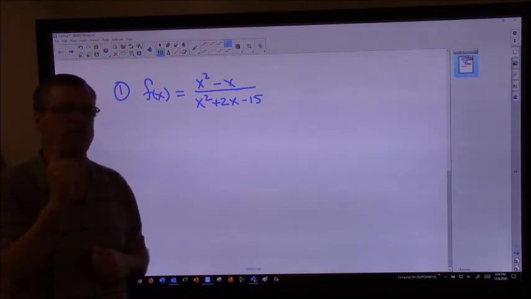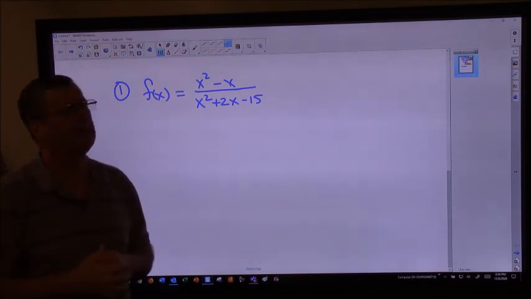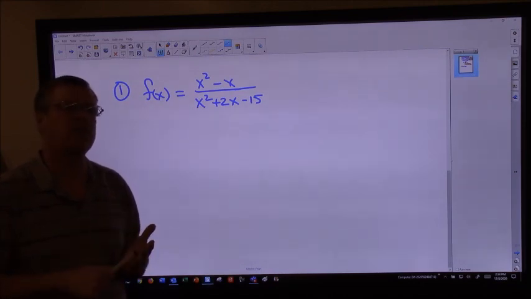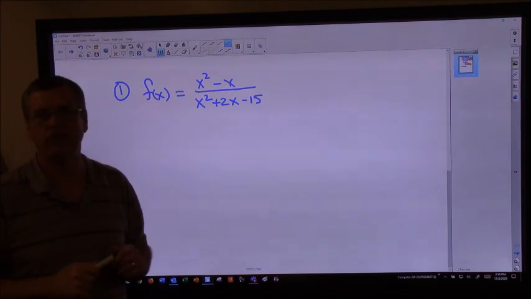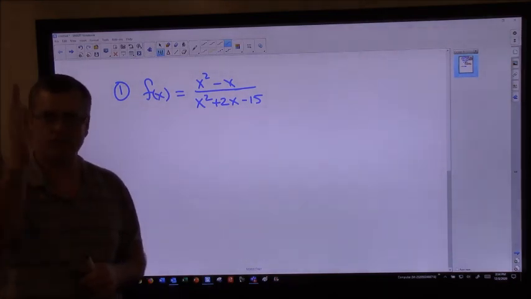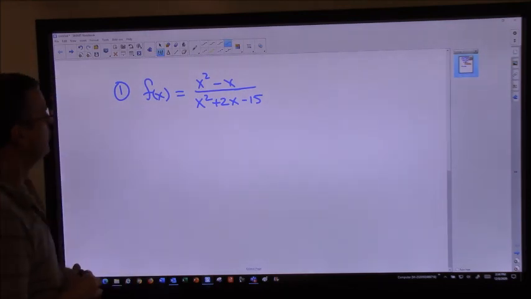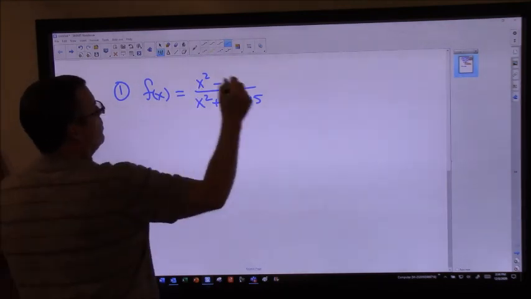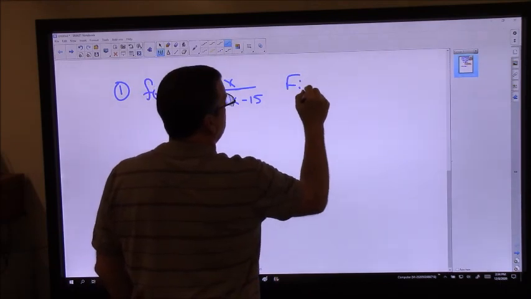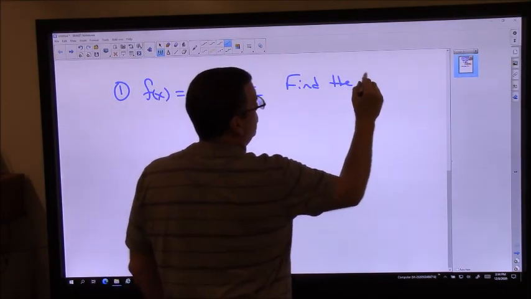There can never be two. Okay? Well, I shouldn't say never. I think there are some equations that can make that happen, but they're pretty rare. Okay? Very rare. It is common to have more than one vertical asymptote. We haven't seen that yet, but you could have an asymptote here and another one over here. Okay? That stuff happens. So what we want to do is we want to find the zeros